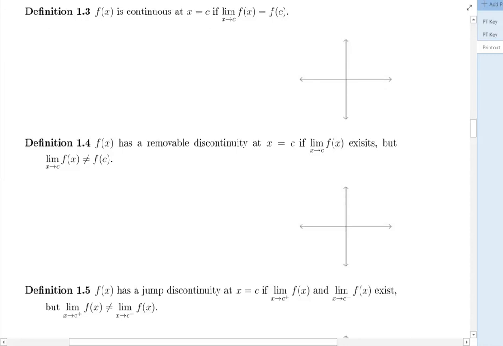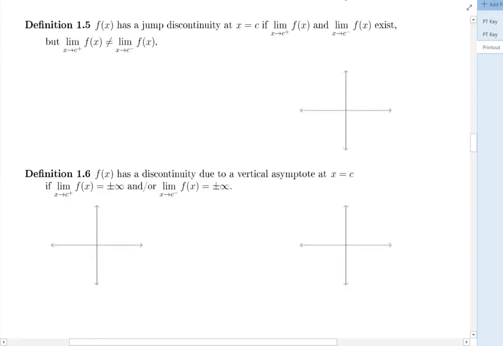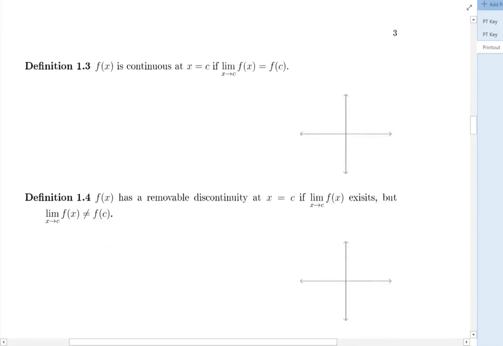Now, the next set of definitions are going to be the most important for free response questions. So basically, they want you to be aware of what it means for a function to be continuous at a point. And then they want you to be aware of the three main types of discontinuities, which are called the removable discontinuity, the jump discontinuity, and then the discontinuity due to a vertical asymptote. And we want to make sure we have very clear definitions for these. So